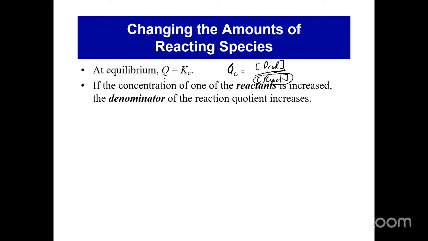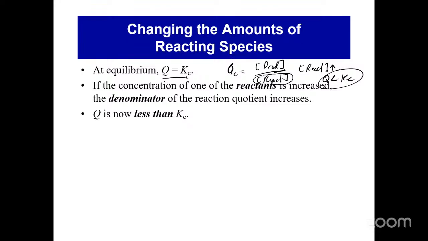So let's say we started off with this system already at equilibrium, and then you increase all of a sudden the concentration of one of the reactants. Then, let me just say that the concentration of reactant increases, right? Then what's going to happen is that Qc will now be less than Kc, right? Which means that the system is not at equilibrium, right? So Qc is now less than Kc. So the system by itself will naturally try to restore equilibrium. So the question now becomes how the system does that.